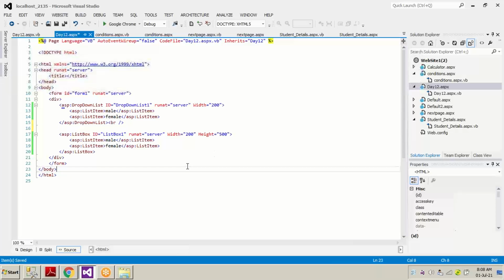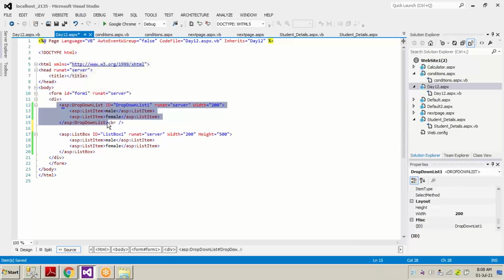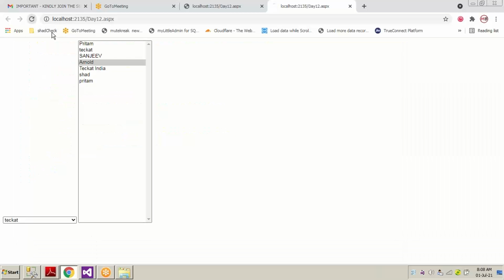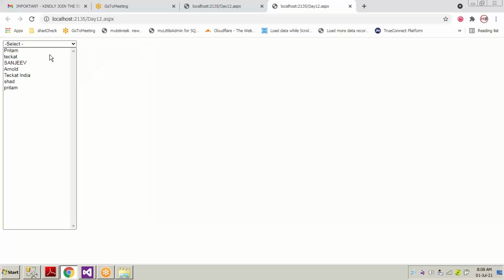So what does it do? If I put this BR tag on the left side of any control, the control which is on the right hand side of the BR tag will be pushed down to the bottom. So if I just save it and open, you can see the drop down list is on top and the list box has come to the bottom.